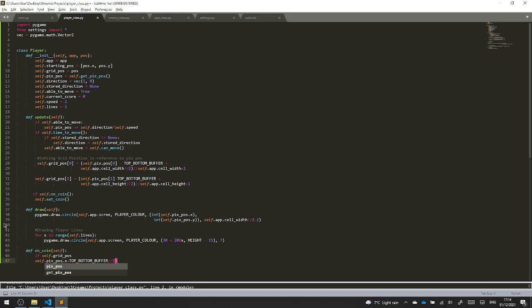Yeah, that sounds a bit more right. Yeah, okay, so then position in self.app.coins, and then this